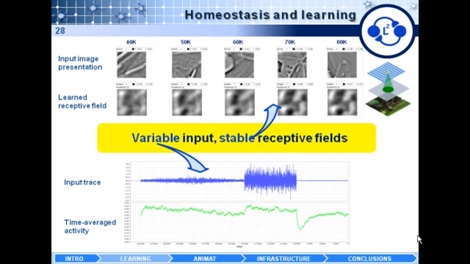The receptive field tends to maintain a fairly robust structure, and also the average activity of the network, apart from a few transients when